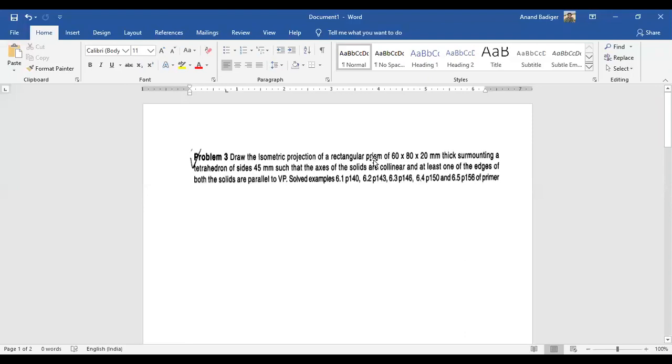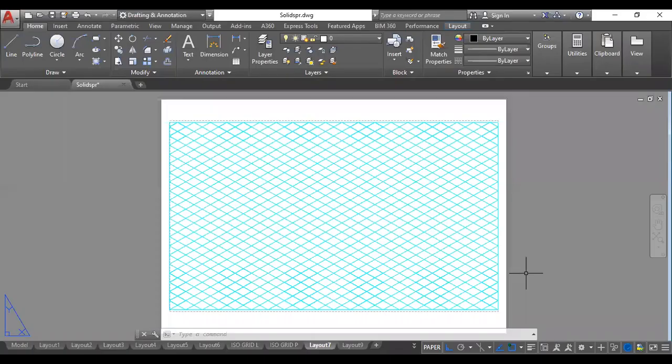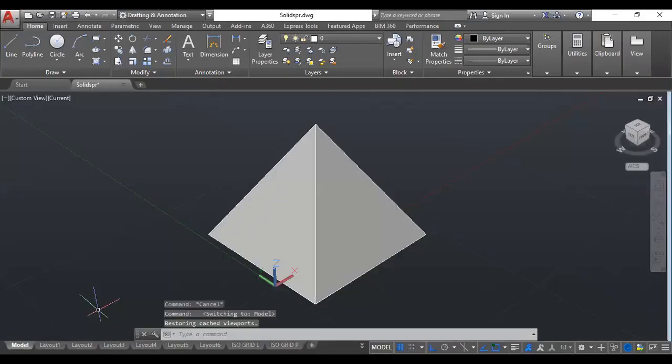So you all know the rectangular prism. You are familiar with that. You have studied it in solids. So before I start with the problem, let me explain what a tetrahedron looks like. What is a tetrahedron? If you just have a look here, this is how a tetrahedron looks, right? A tetrahedron is a kind of triangular pyramid which has four equilateral triangles, four equilateral triangles on all the sides.